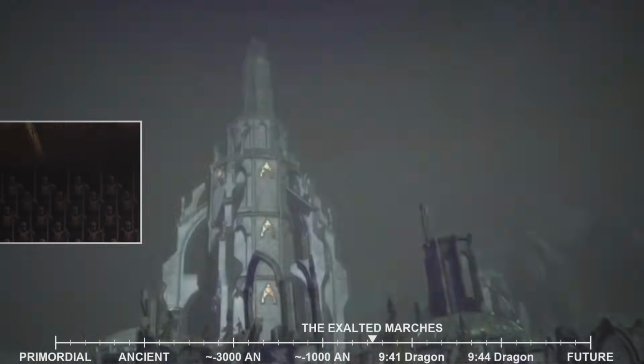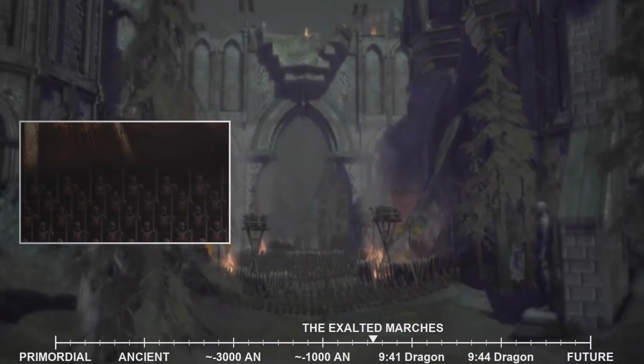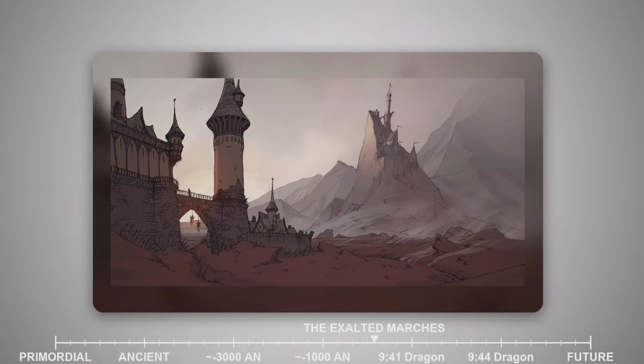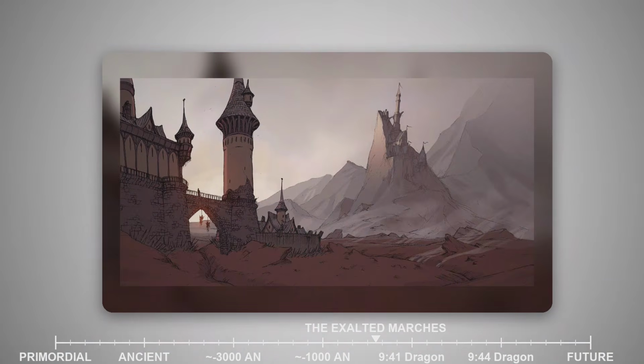The cataclysmic events of the Exalted Marches, particularly the devastating outcomes for the Tevinter Imperium, had left the continent of Thedas in a precarious state of political instability and simmering resentment. While the Chantry's influence grew and the various human kingdoms, dwarven thaigs, and elven communities grappled with their own internal struggles, a far more ancient and insidious threat was stirring beneath the surface.